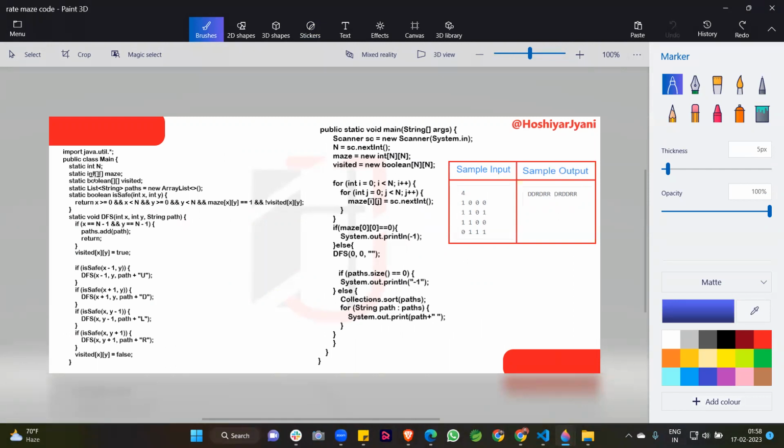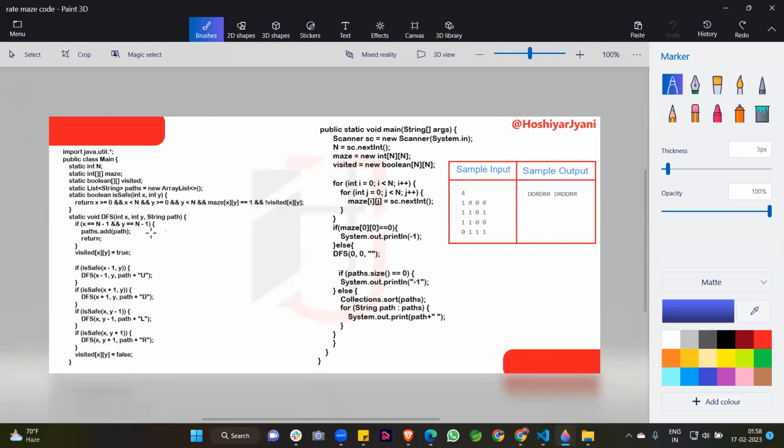After that, I am creating a matrix maze, and a Boolean matrix visited. For storing the answer, I am creating an ArrayList for the paths. There is also a boolean method isSafe for checking the safe conditions at different places, whether a place is safe or not, because we may visit it again and again.